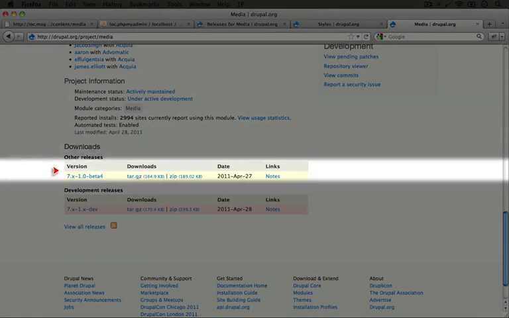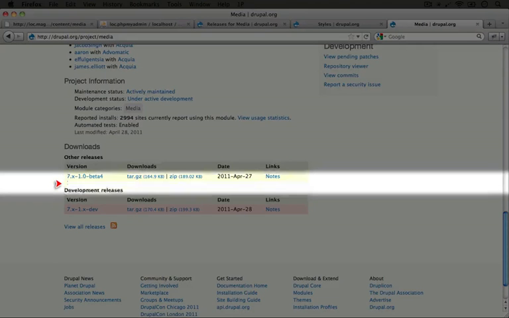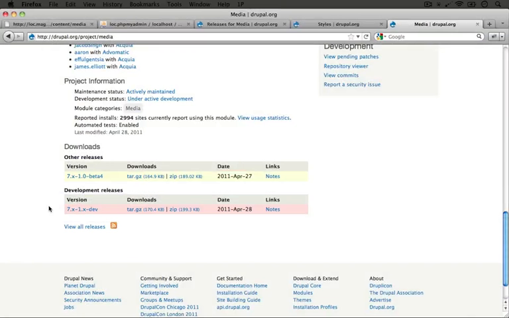Whereas with the official releases under other releases, you'll see different names for different versions. So this is a beta 4 version. The next time the code changes, it will have a new release name like beta 5 or release candidate 1. Whereas this will remain the same for quite a while. So it's a little harder to track down at what point your development release was installed on your site and